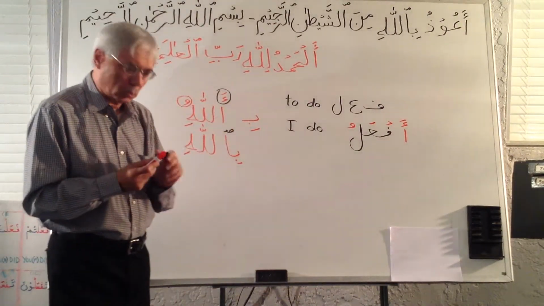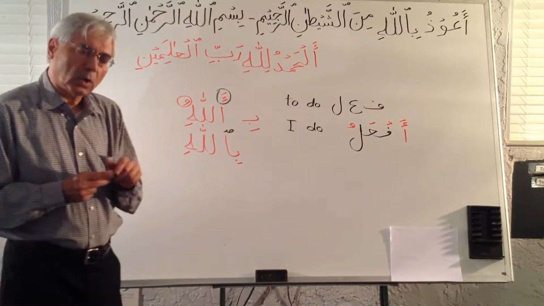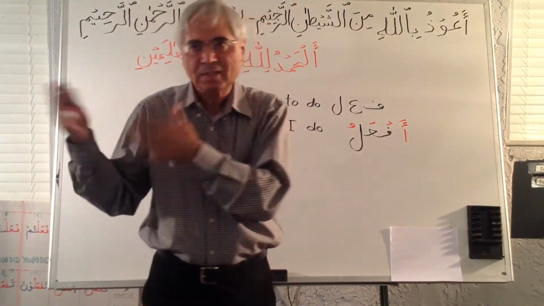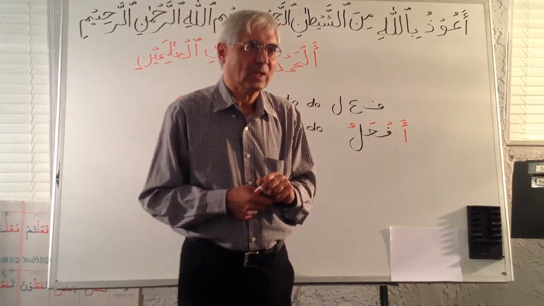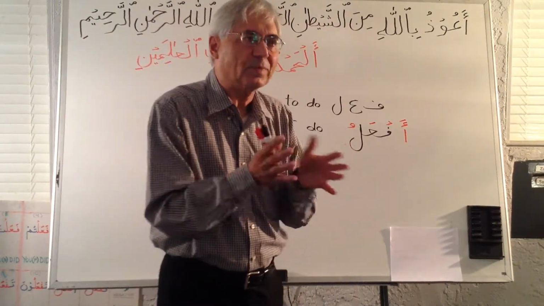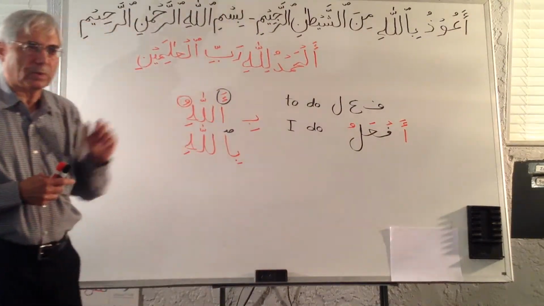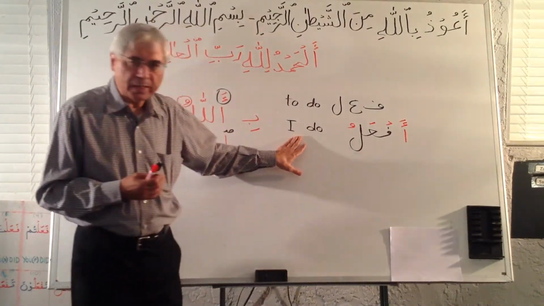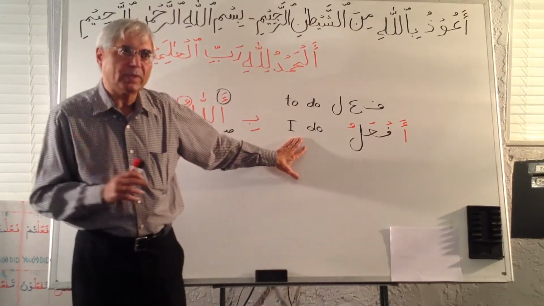Now we're going to apply this rule on some other three letters. Says I will do. Okay, in Arabic, there are only two tenses. Past tense, and present and future are together. How do we differentiate if somebody is talking about present tense or the future tense? From the context. And we will see that when that happens. So, af'alu will mean I do. It will also mean I will do. But it depends how we are talking.